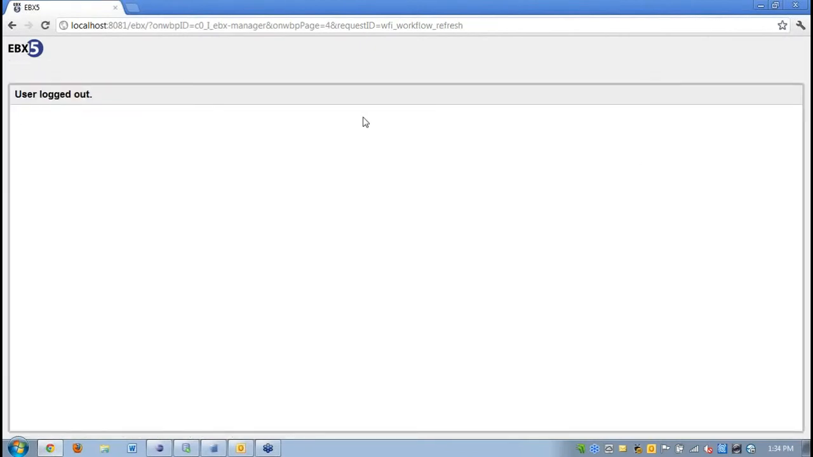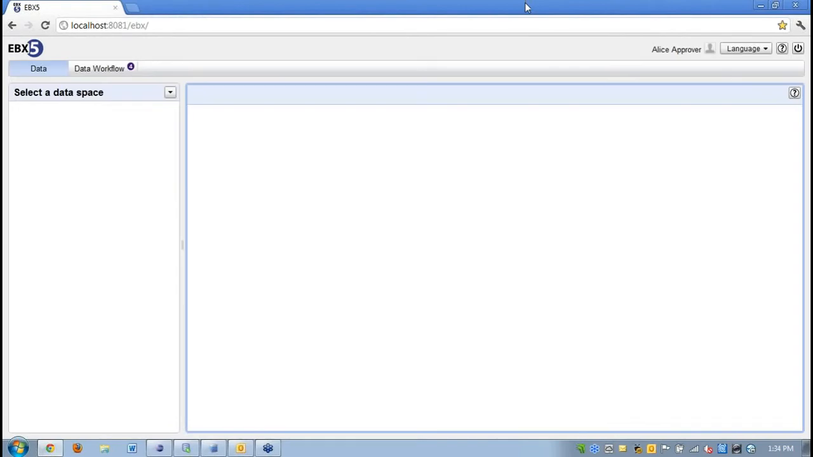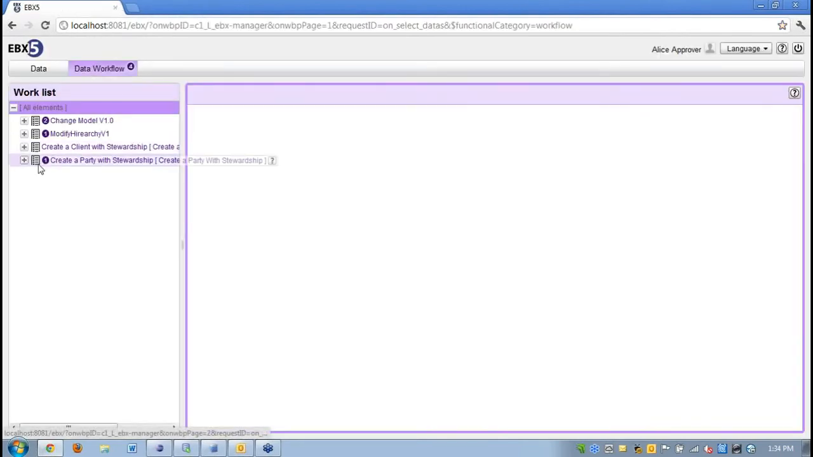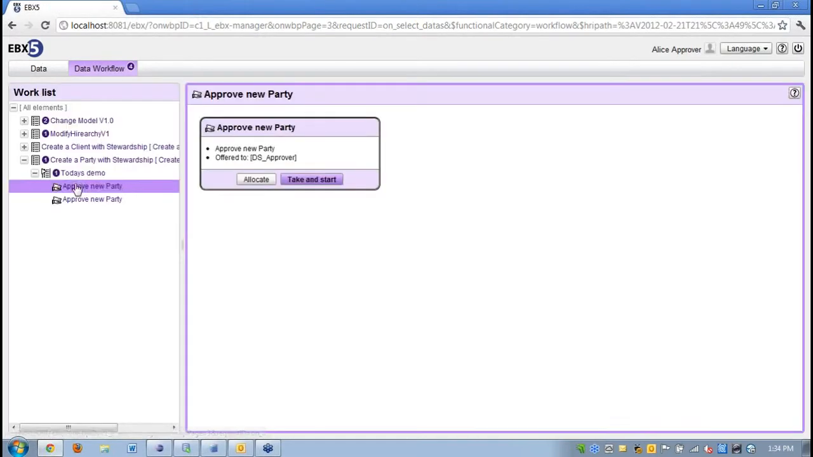Now that she's done, I'm going to log in as some of our approvers. For instance, Alice is our business approver. When she logs in, she has some work to do for today's demo. We're at an approval step, and there's two types of approvers that have to happen. One is the business approver, and one's the executive approver. Since Alice is the business approver, she can go ahead and take and start this